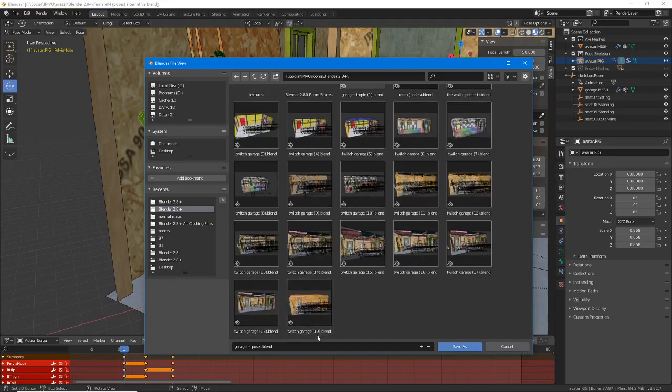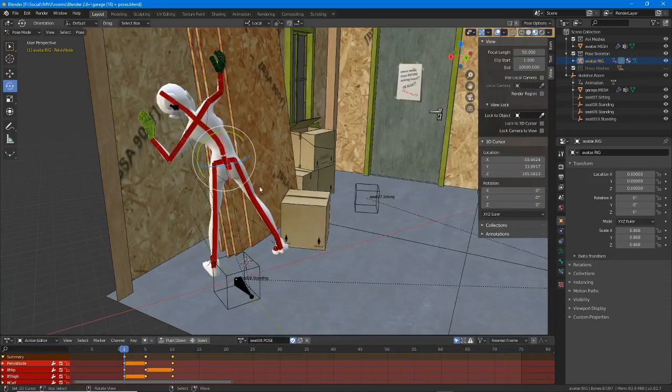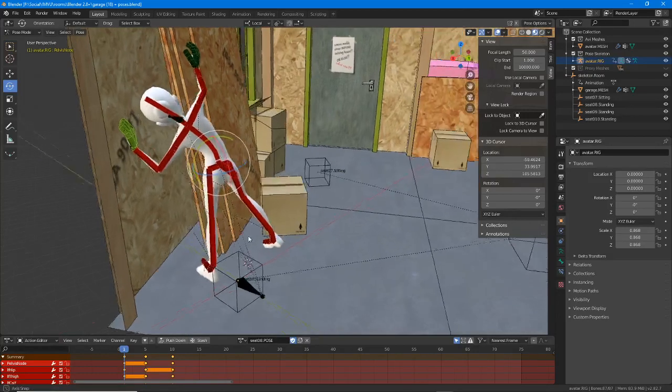Oh, which one are we on? 19. Well, 18. Save as. Right, so